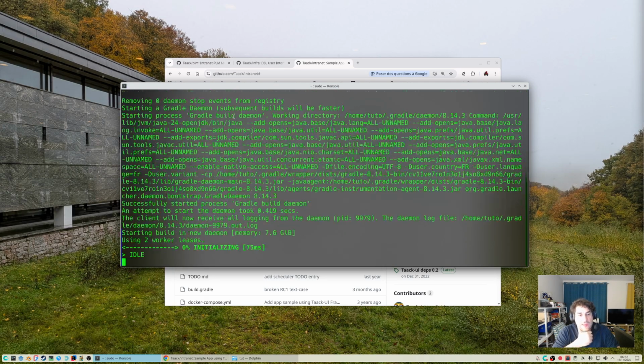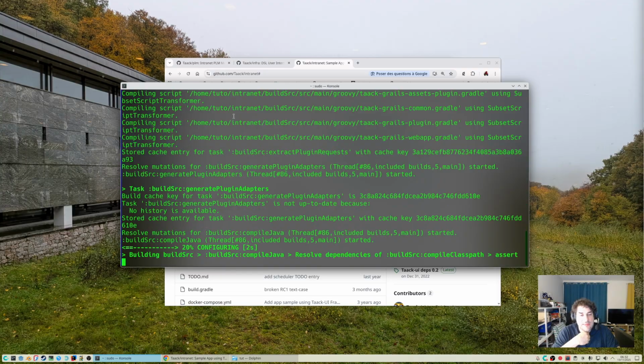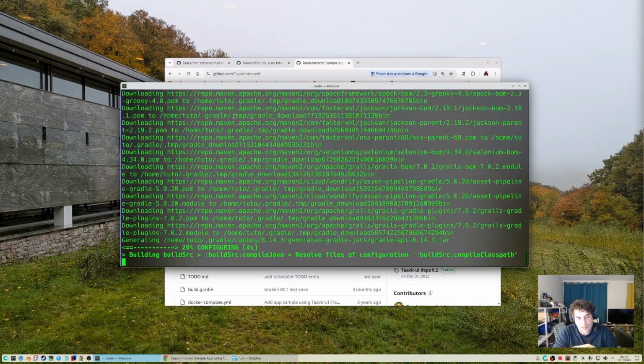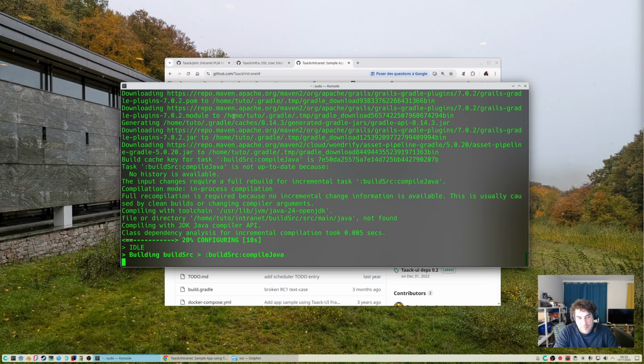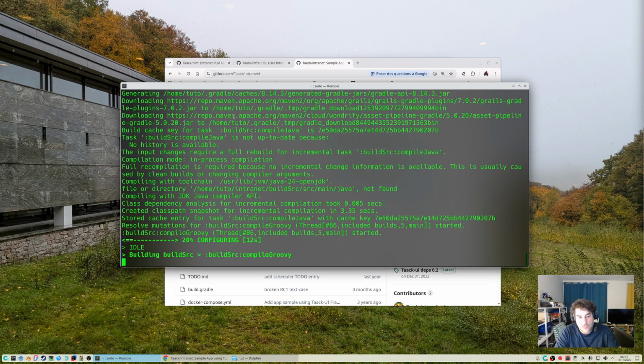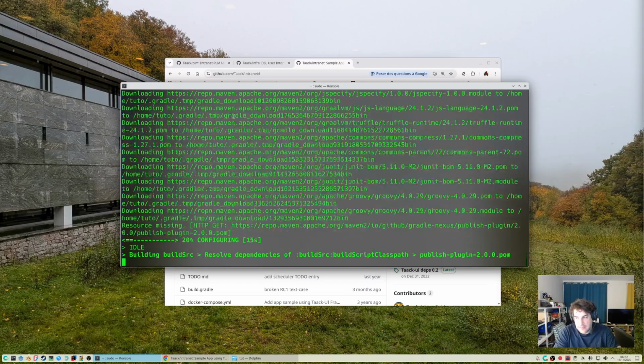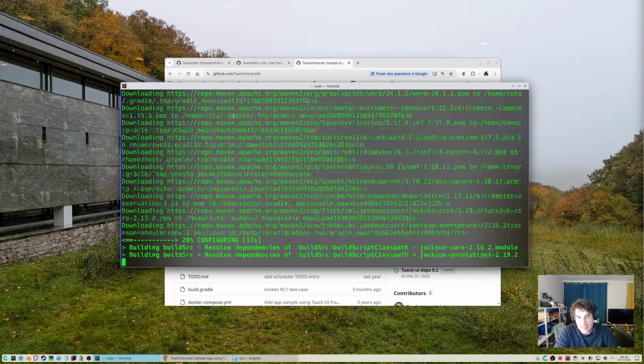So first, it will download dependencies. There are a lot of dependencies because it's a new user without any data inside. So everything is being fulfilled now.